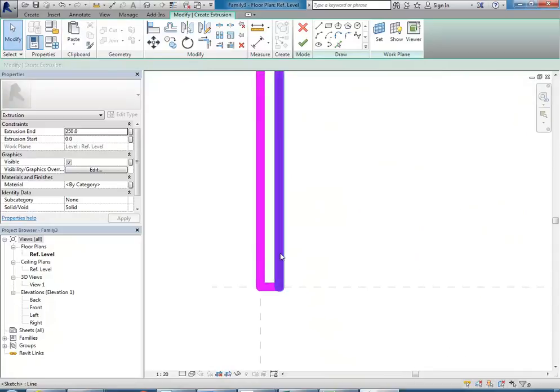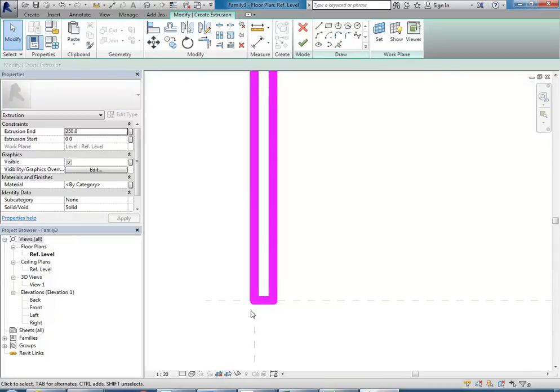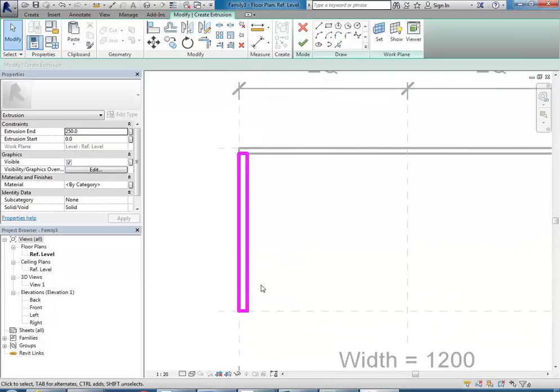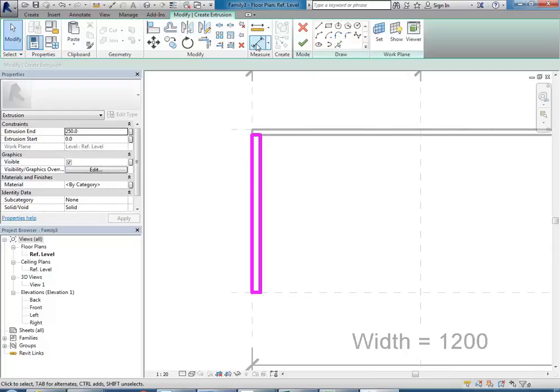Now, I've lined this edge up with the reference plane on the left. So think about what would happen if I moved this plane now. What's going to happen to this edge? Yeah, it may get moved. In some cases they'll have other ways of moving things, but it's good to think about how it's being defined. So the other three sides I've locked to something because there's something I can lock them to, but this one doesn't have anything. So what you need to do there is draw a dimension